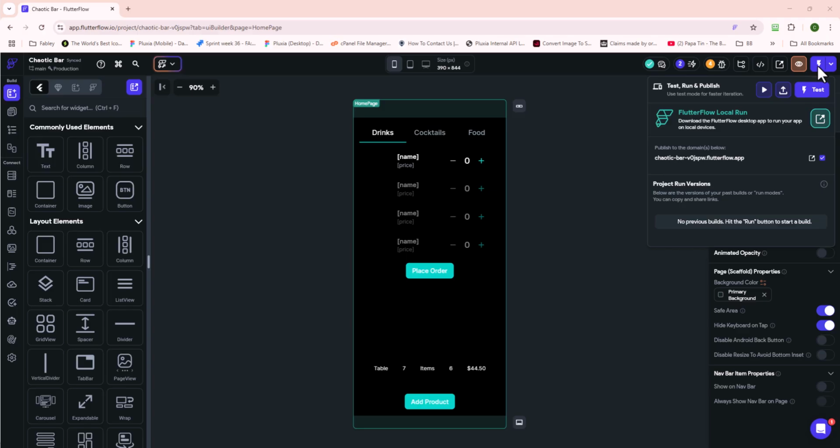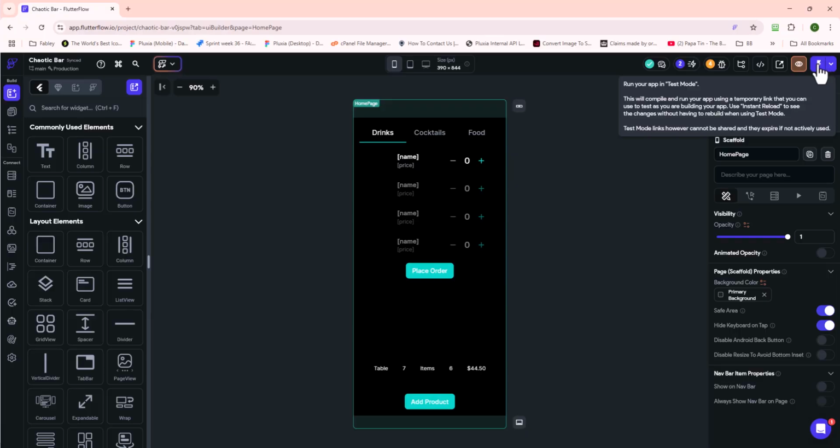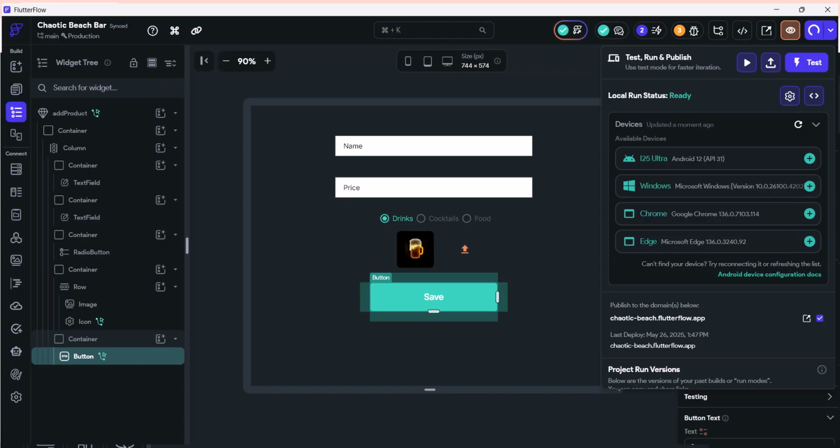It's this lightning strike over here, and this allows you to run the application on the FlutterFlow servers and for you to be able to test and see whether it is working. So that's a web version of your application on their servers. Now I'm just going to click that and pause so that we can see what that actually looks like. And in a minute we're going to see that if you go into the desktop version, you have several more very powerful options,